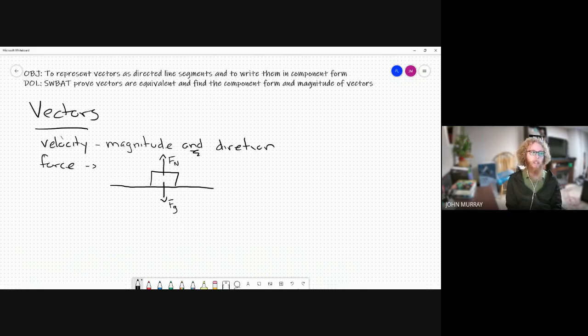It's not moving anywhere. I can start to push the box, and then I'm applying force in a certain direction, right? And then we have friction that goes in the opposite direction, force of friction, right? So we need a way to conceptualize these in mathematics. So we use what are called vectors. All right, so